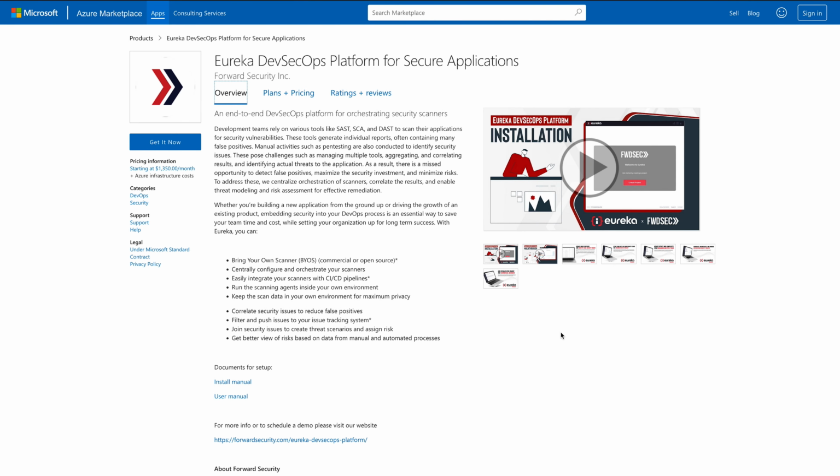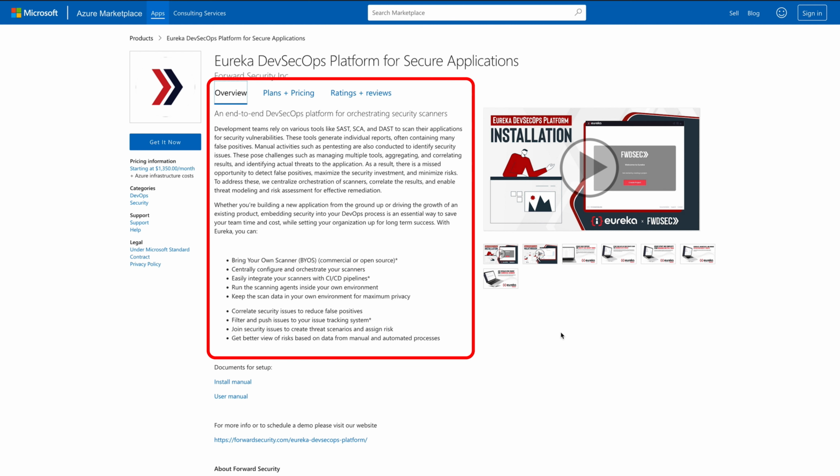Hey folks, in this video, we'll walk you through all the steps you need to take to install the Eureka DevSecOps platform on the Microsoft Azure Marketplace. Let's get started. When you arrive on the Microsoft Azure Marketplace, you can read up about Eureka, view all the